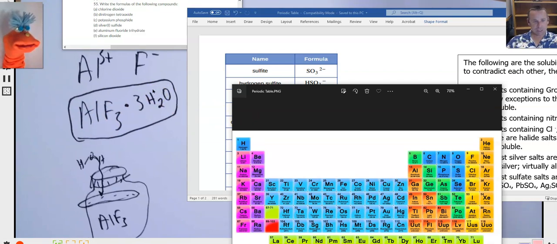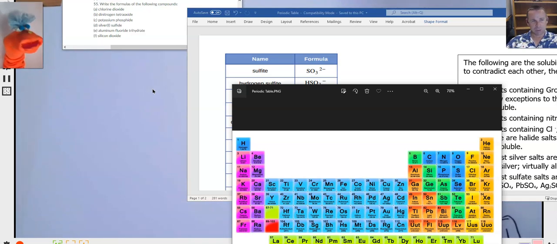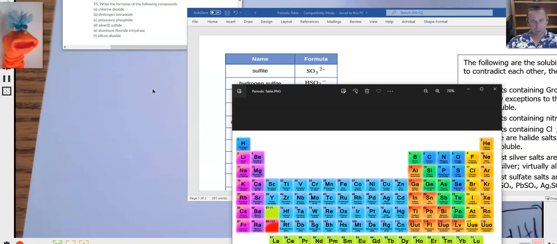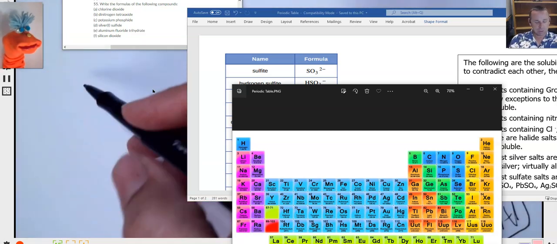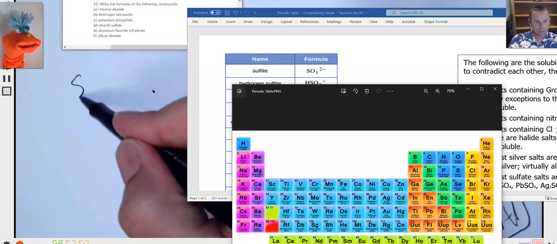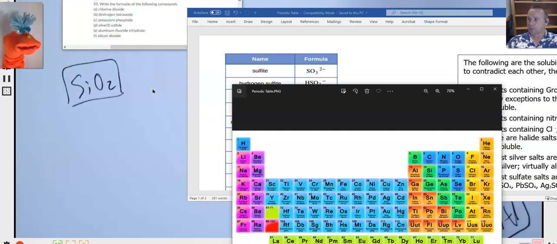How about silicon dioxide? Silicon, let me find silicon. That's not a metal, so this is going to be a molecular compound. Oxygen, yeah, non-metal. So it's SiO2. Very good, SiO2. And silicon dioxide is a compound that is like itty bitty tiny pieces of glass almost. I mean, it's not like glass in terms of it's not going to get stuck in your fingers sort of thing, but it has the exact same composition,